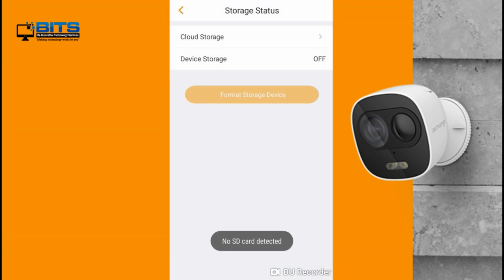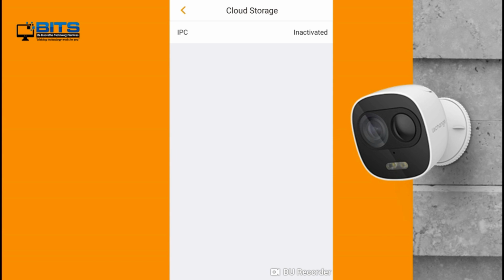Next, we have storage status, and here we have device storage, which is memory card. However, this camera does not have a memory card installed. We also have cloud storage. So if we select the cloud storage option, it says inactivated. If we select inactivated,